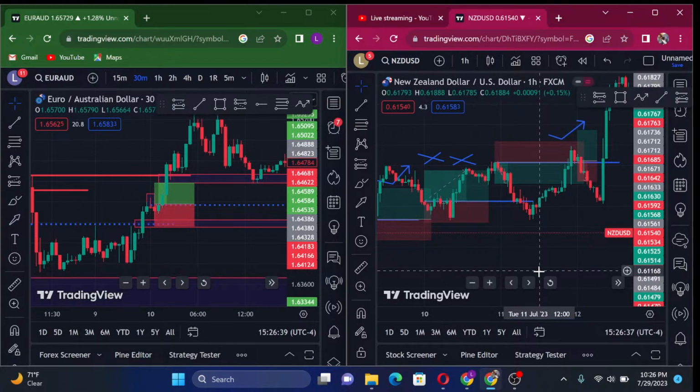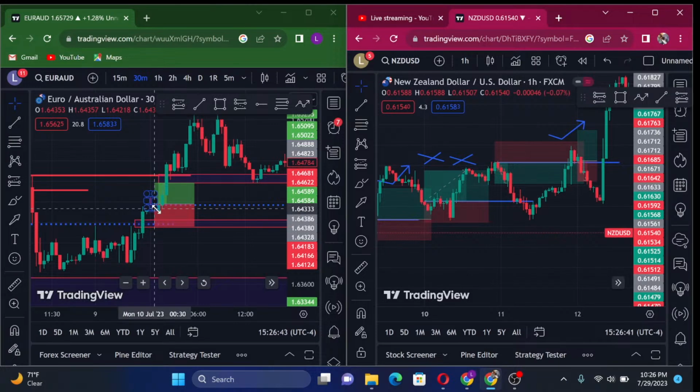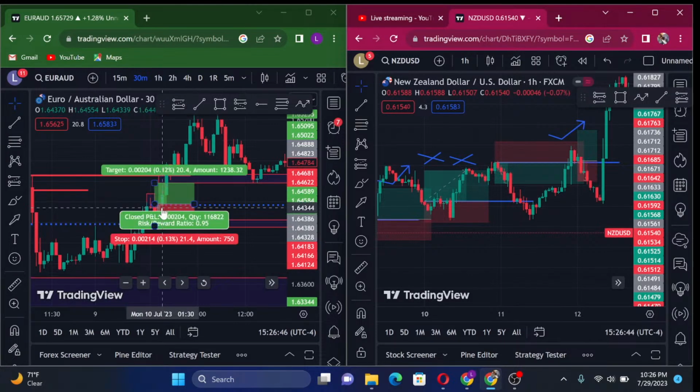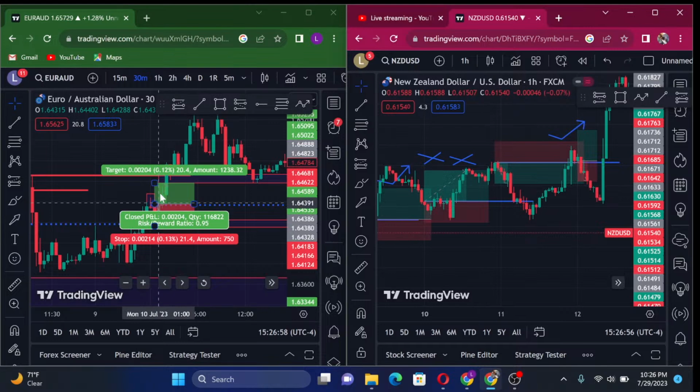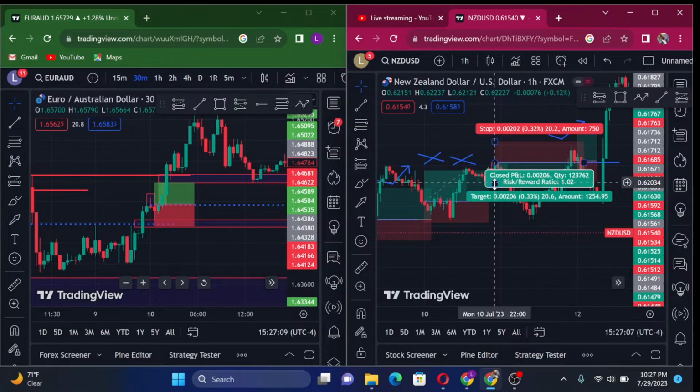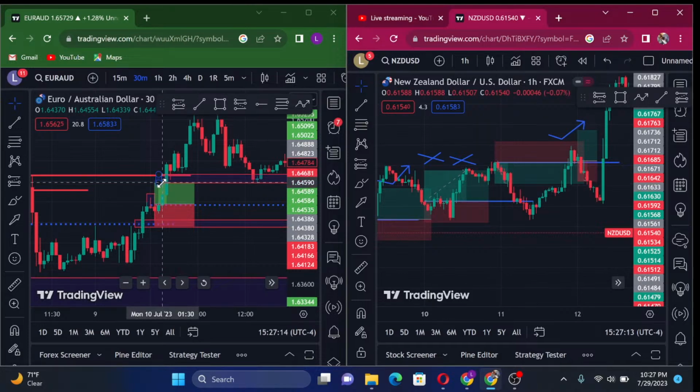Okay, if you buy, let me say this is Euro AUD, you buy Euro AUD and then at the same time you buy NZD/USD at the open price. Okay, just buy them at once. This one, and then you place the stop loss 20 pips. If you buy, you place the stop loss 20 pips below. Then again you place the stop loss also here, 20 pips below. So for the TP, you put it 30 pips above